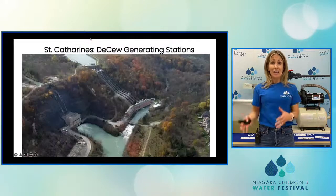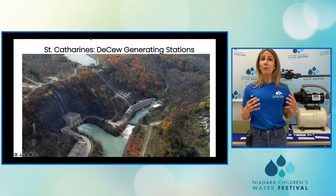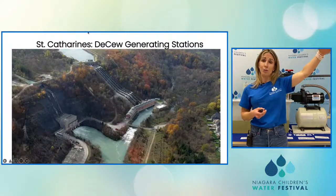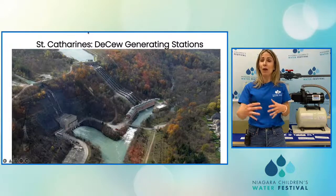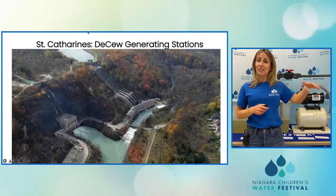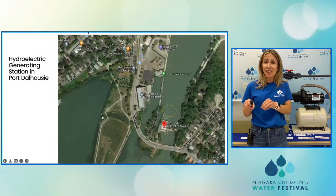Now, in the city of St. Catharines, we have 2 generating stations at the base of the escarpment below Brock University. So if you've been in the area, maybe you've seen the large pipes. They're called penstocks that run from the top of the escarpment all the way down. But you might not have seen these 2 little stations tucked in the valley. The water exits the stations into almost the start of the 12-mile creek and runs through the city of St. Catharines. Now, before it gets to Lake Ontario, it flows through Martindale Pond and into this little station tucked in